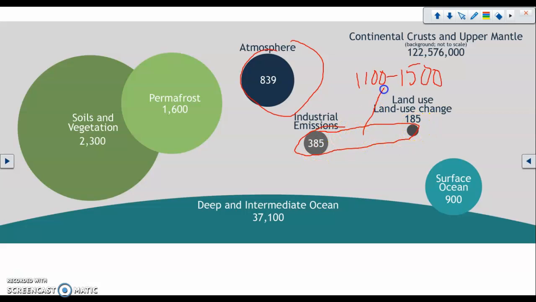So once we hit 1,100 to 1,500 gigatons of release into the atmosphere, scientists have said that there's going to be a probable 2 degrees Celsius increase in the Earth's temperature, which is obviously going to affect everything. So this is the reason behind